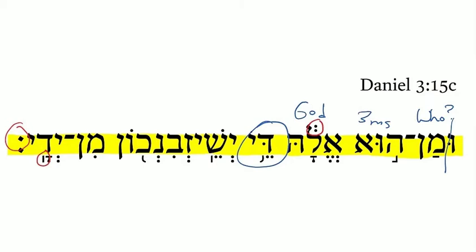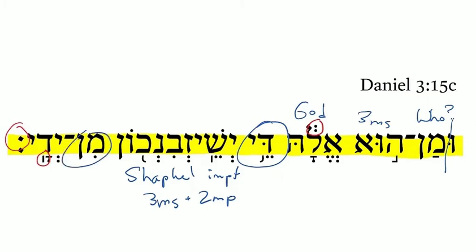And then this next word is really interesting because it is a shafel. Imperfect. Third person masculine singular plus second person masculine plural suffix. Now this is the first shafel we've seen in the book of Daniel. And in fact, as far as the root goes, it's the only shafel we'll see. It shows up 9 times in Daniel, this idea of deliverance. He will deliver, and in this case, you plural, from my hand. So altogether, and what God is there who can deliver, so a modal idea, who can deliver you from my hand.